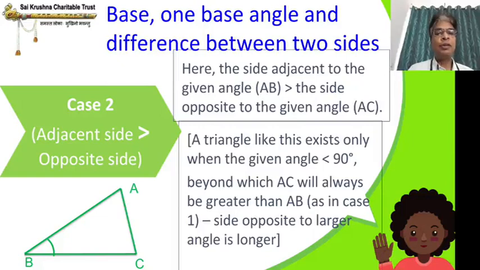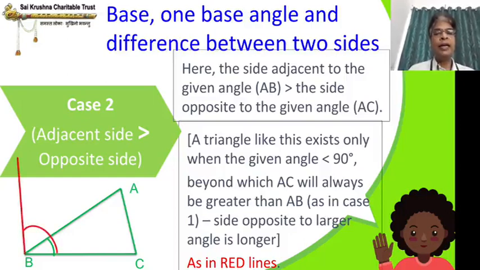Let me show one picture also here in the same drawing. Now let me show some more lines, you will be able to understand. As in red lines, that is, what will happen if it is equal to or more than 90 degrees. I am drawing a line, the angle is here 95 degrees. Just for understanding, I put 95 degrees. Even if it is 90 degrees, the case is going to be same, 90 to 179.999, whatever it is, it's going to be same. So I am joining this line.